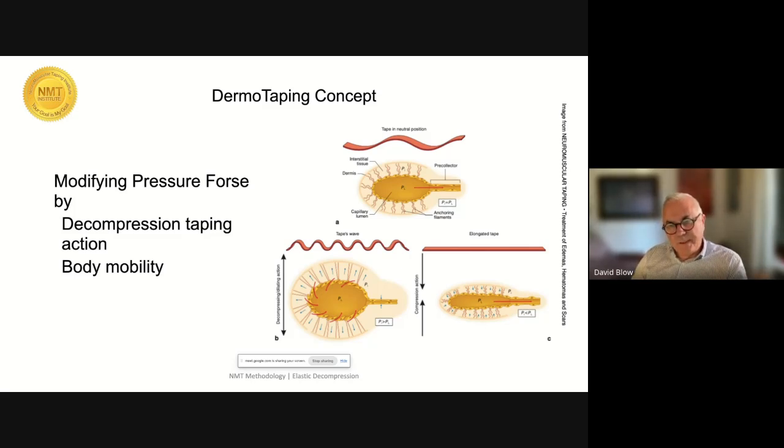So if we have lymphatic vessels, as we have here, if you apply a tape which is stretched, elongation, stretching on the skin, the obvious action in depth is going to be compression action. So it's going to squeeze the lymphatic vessels and that lymphatic node. But that is half the story, obviously, because the other half of the story is to create the dilation of that lymphatic node, which is created through a tape